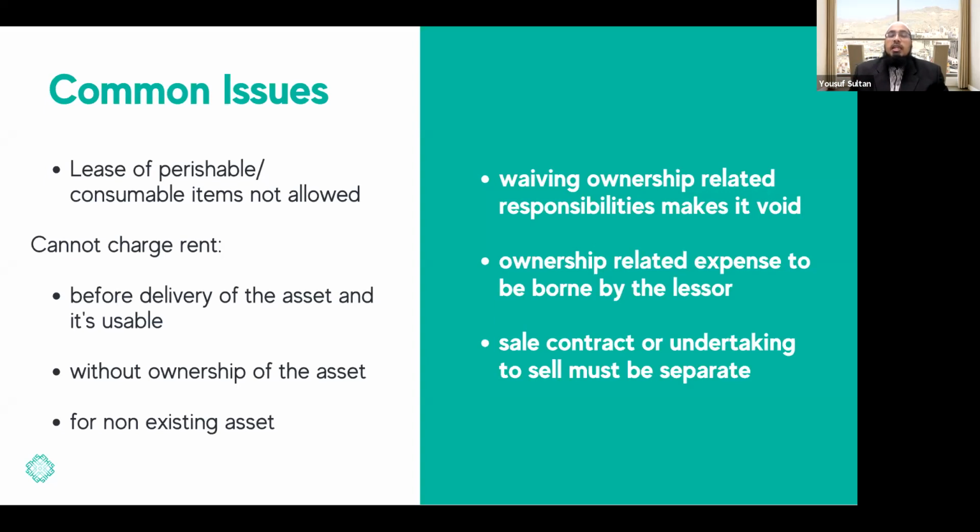So a sale contract, for example, will come at a certain period of time. Of course, it has to be separate and it will only be executed at that period of time. It shouldn't be executed and signed as one set of paper in the very beginning, cannot. Similarly, if there is an undertaking to sell, let's say the lessor is signing an undertaking that I will sell this property at this period of time, this is fine, but it has to be unconditional to the Ijara contract. This is true for any combination of two sets of contracts.